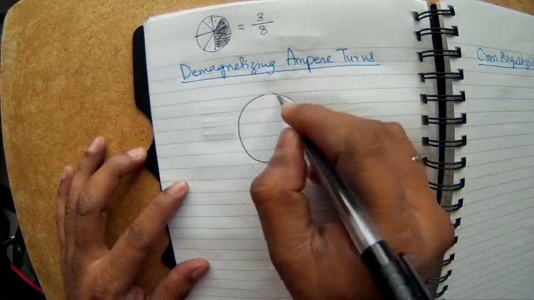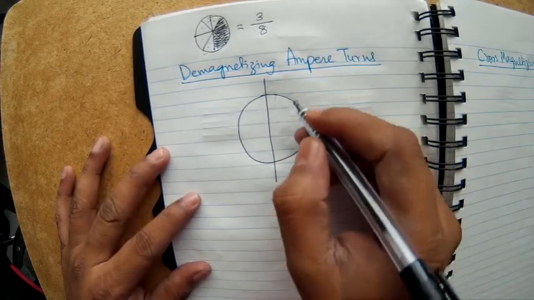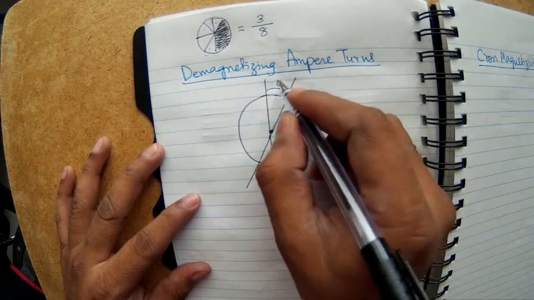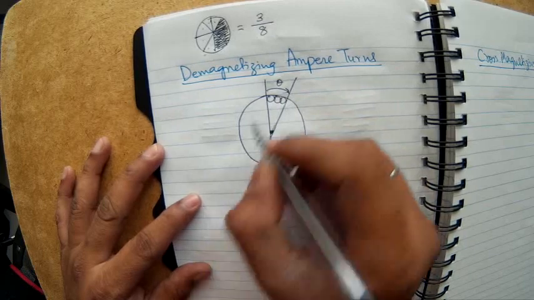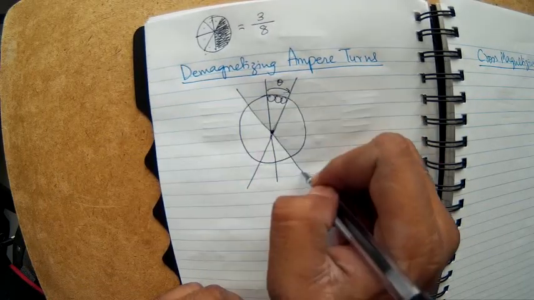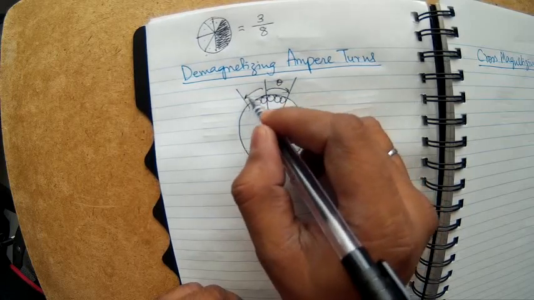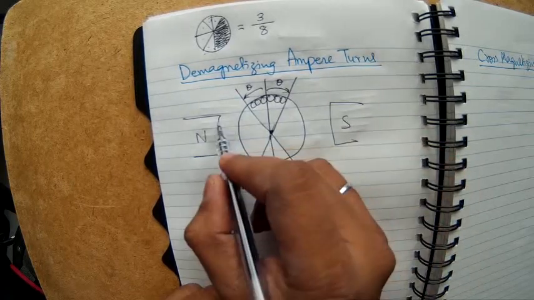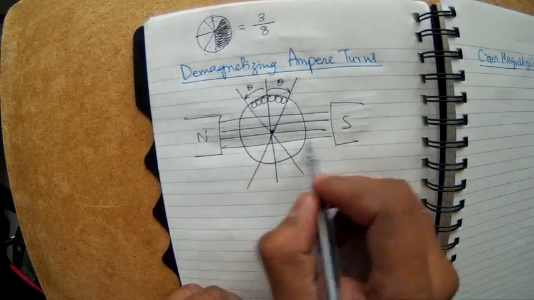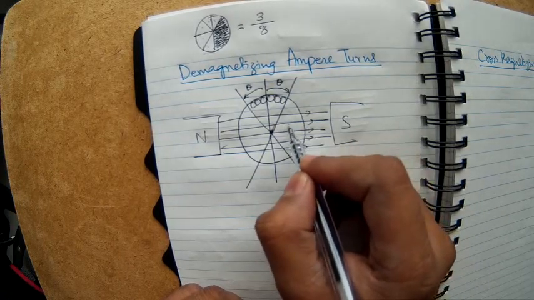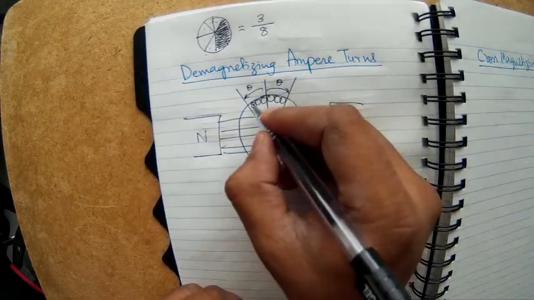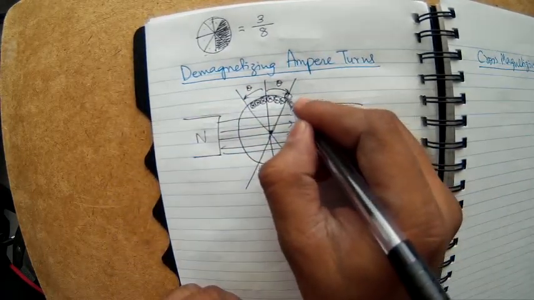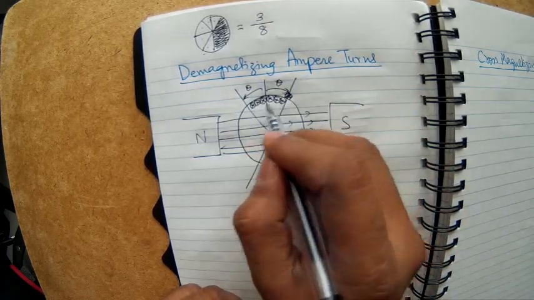I am drawing the armature, and then this is the geometrically neutral axis, and this is the magnetically neutral axis. This should be the center. Now this angle theta, so there are conductors like this. Now take the other side, there are also some conductors, and this side is also theta. There is a north pole here, there is a south pole here, and because of these two, the magnetic field is left to right like this. Now what happens because of these conductors? Because of the shifting of the magnetic neutral axis, the brush is positioned here. So these all carry current in this direction.